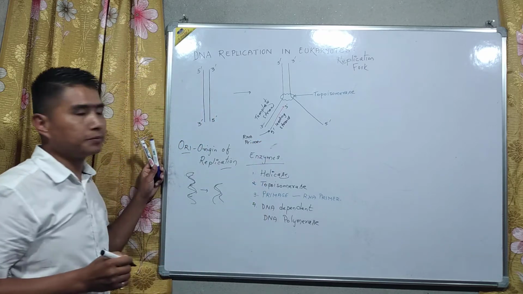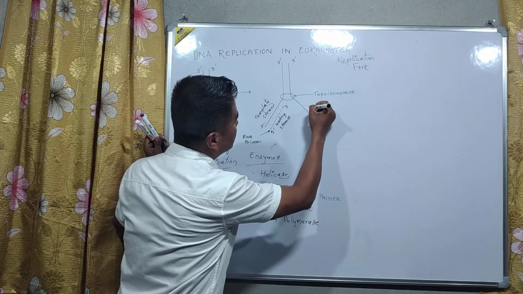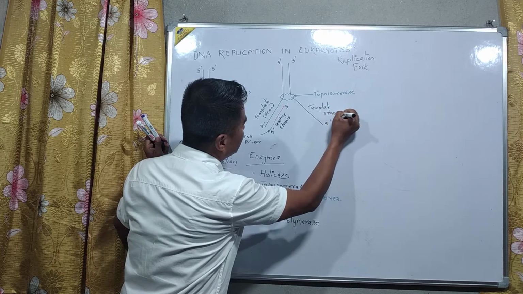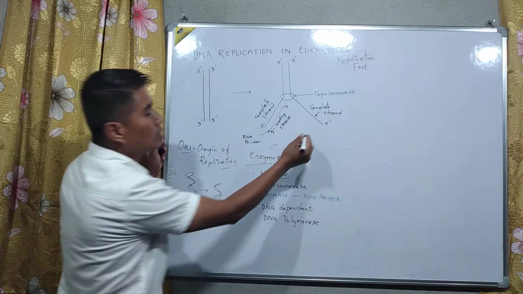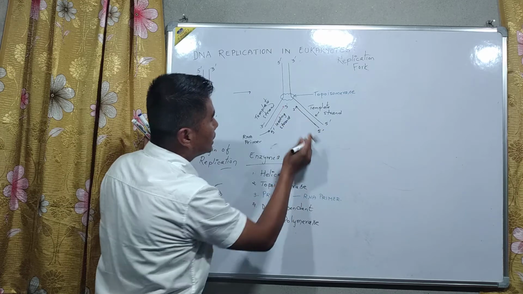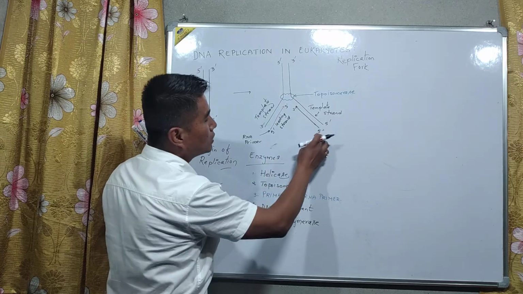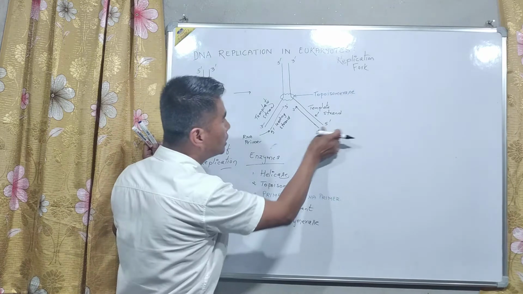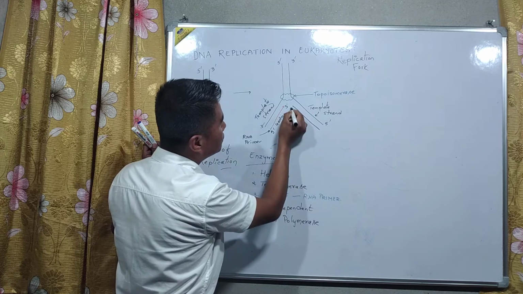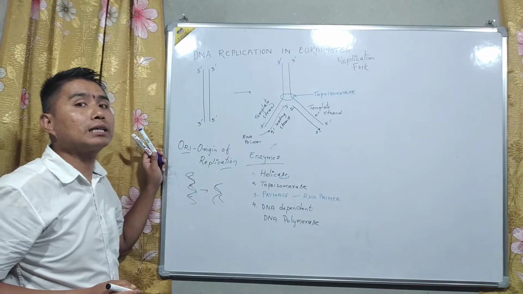Now, on the other template, this also is a template strand. In this template strand, now from this side we cannot have it, because if the new DNA strand is formed from the opposite side with 5 prime to 3 prime polarity, then the same polarity will be formed, which is not possible. So that is why the DNA will be formed from the opposite end, that means from 5 prime to 3 prime. Then only the opposite polarity of the DNA strand can be formed.